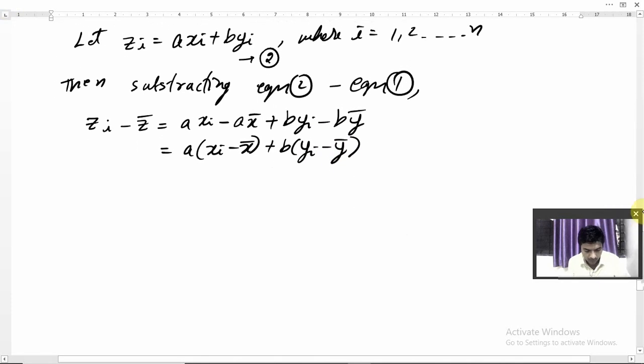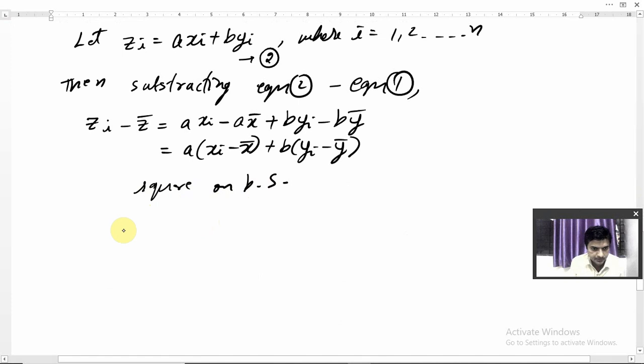Is it clear? Okay, now I will take the square and summation. I will square all these values, students, and I will take the sum of all. So I am going to first take the square